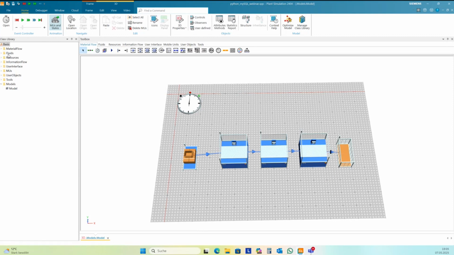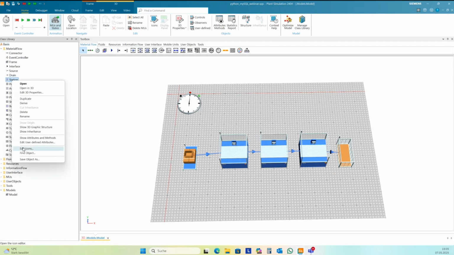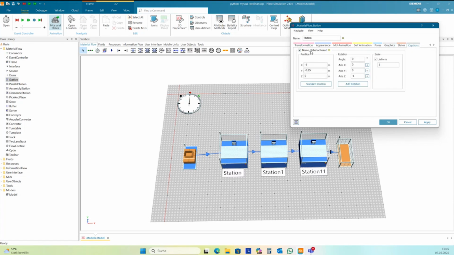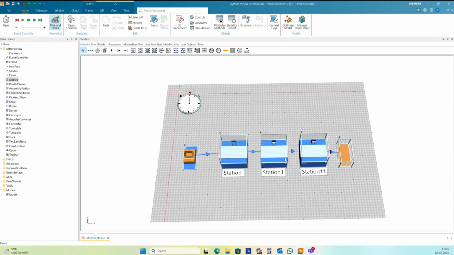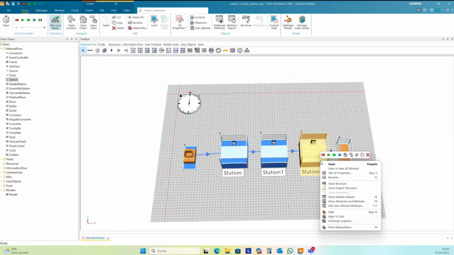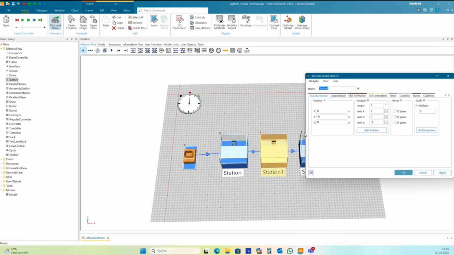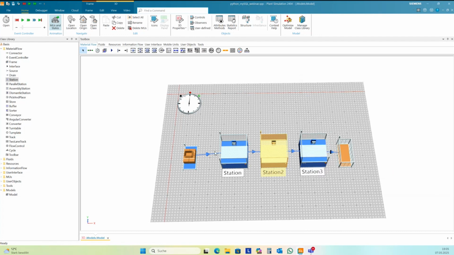And I need to change some basic stuff here. I changed the 3D properties of the station in the class library. And I changed the names here to station 3, station 2 and station 1.